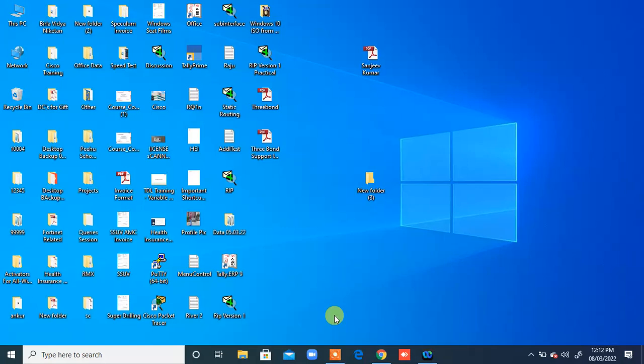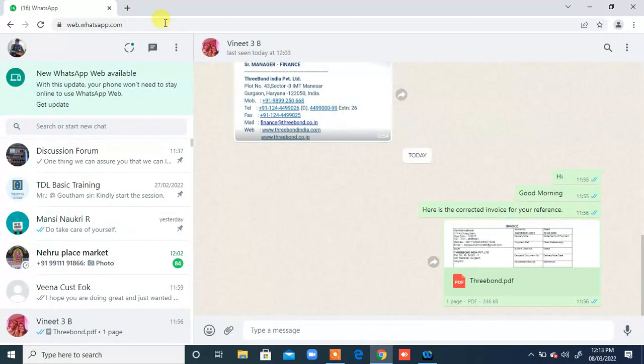So I am just going to start with the very basics, how we should download the Packet Tracer and from where we should download it. All those things we are just going to see in detail, right? So let's get started. To download this Packet Tracer, you just need to open Google,